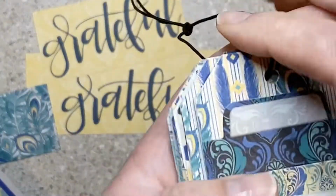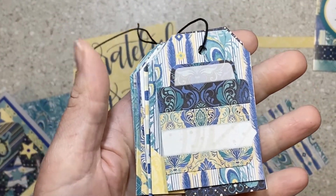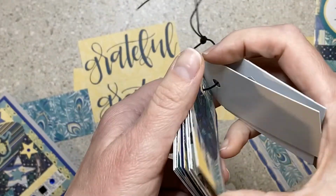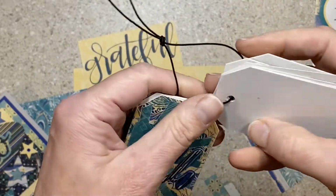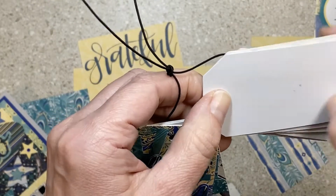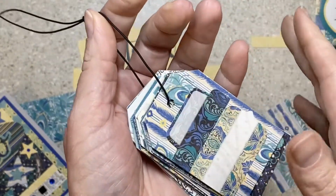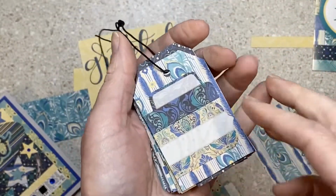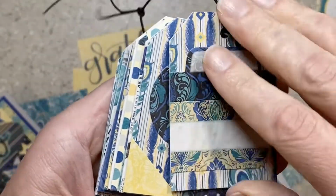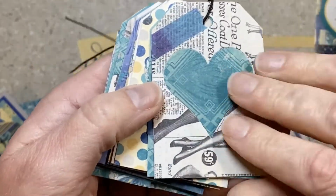Then I made these tags. These tags are a little bit different than ones I've made in the past. I made them all one-sided, and all except the very last one, the back is white. So if you wanted them to dangle, or if you wanted to glue them onto something and have them be flush, they would work. Because sometimes I decorate both sides, and then the only way they work is in a tag book or dangling. So this way they're set up to be the base for embellishments, for cards or journal